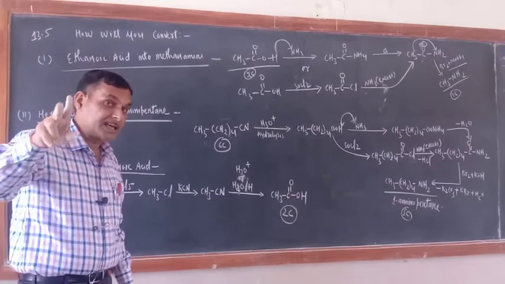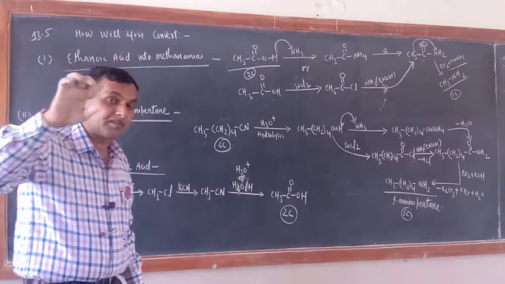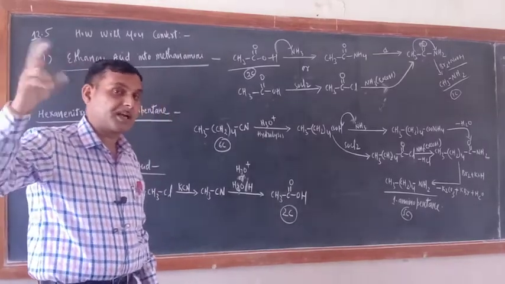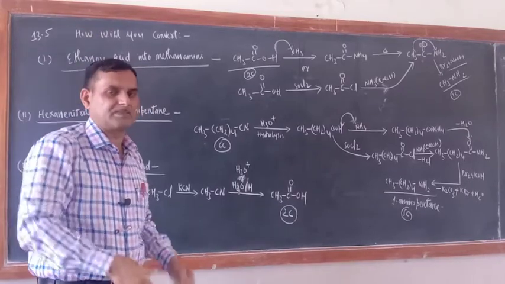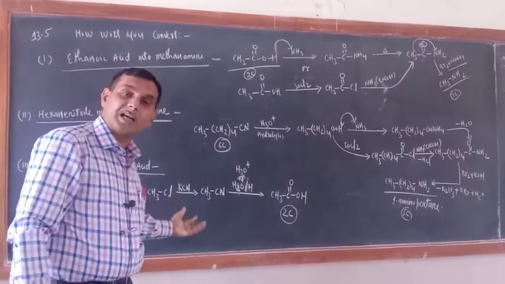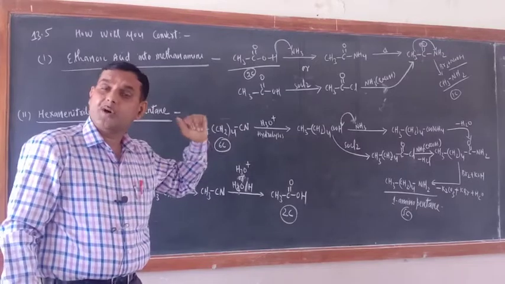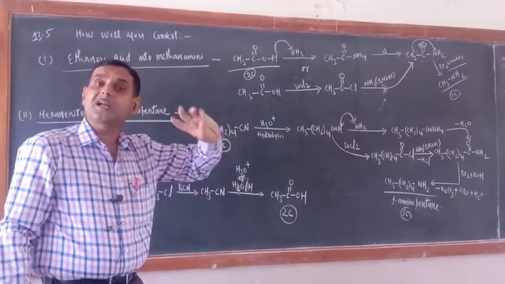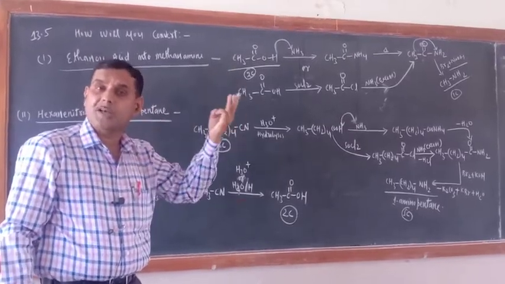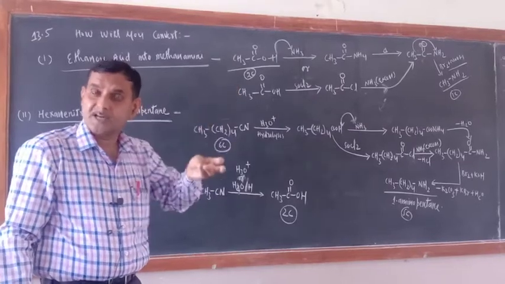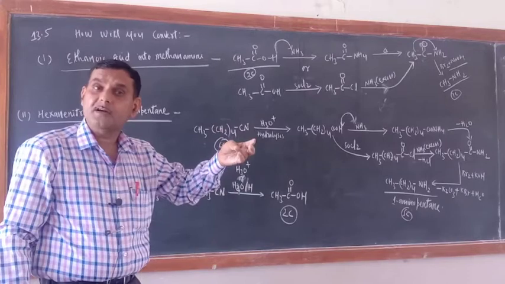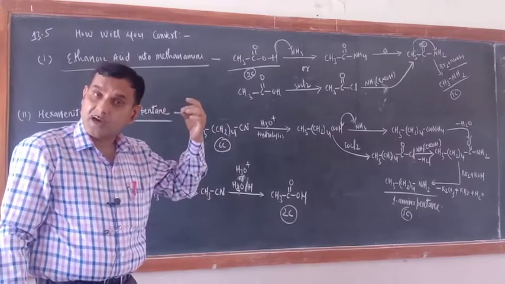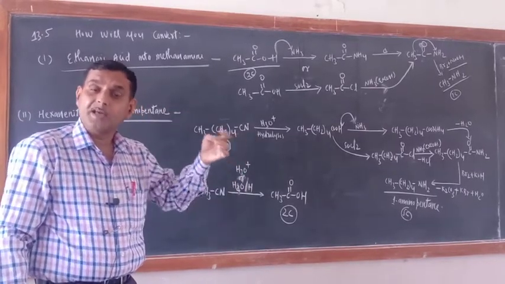Okay. Because KCN is an ionic compound, it will furnish K positive plus CN negative ion, and their reaction with alkyl halide, with mechanism, I have explained. Now cyanide will be attached there, and cyanide is a very important compound. From the cyanide you can get 3 different categories of organic compound. Amide by partial hydrolysis, carboxylic acid means COOH by complete hydrolysis, and amine NH2 by reduction.